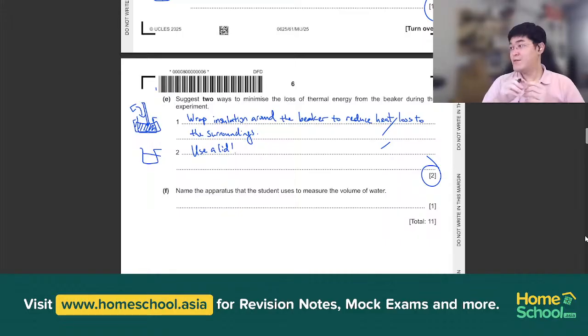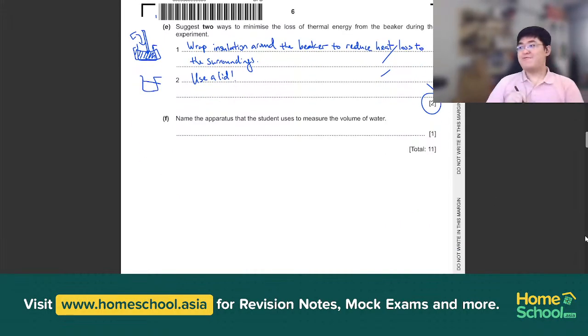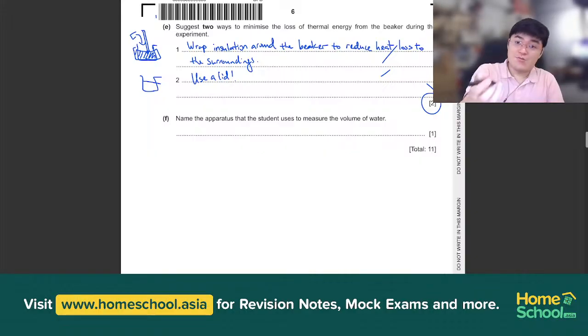All right, so with that said and done, finally, we are to name the apparatus that a student used to measure the volume of water when you pour the cold water inside. So what's the apparatus that a student can use? Of course, anything that is used to measure volume of water more accurately is something called a measuring cylinder,